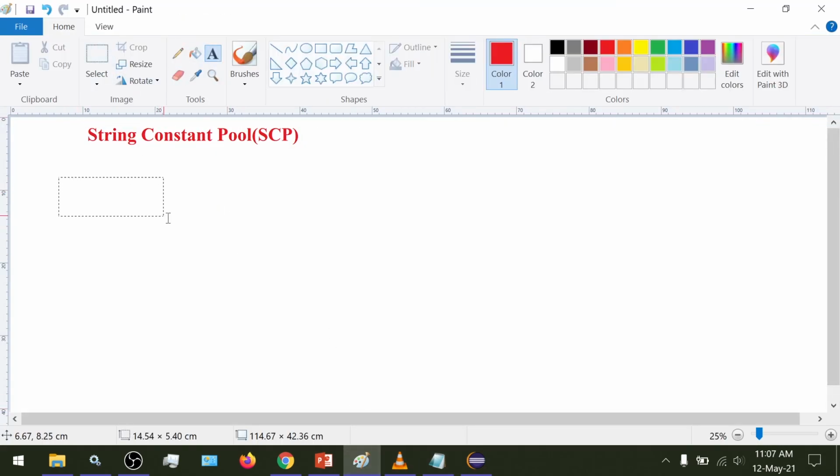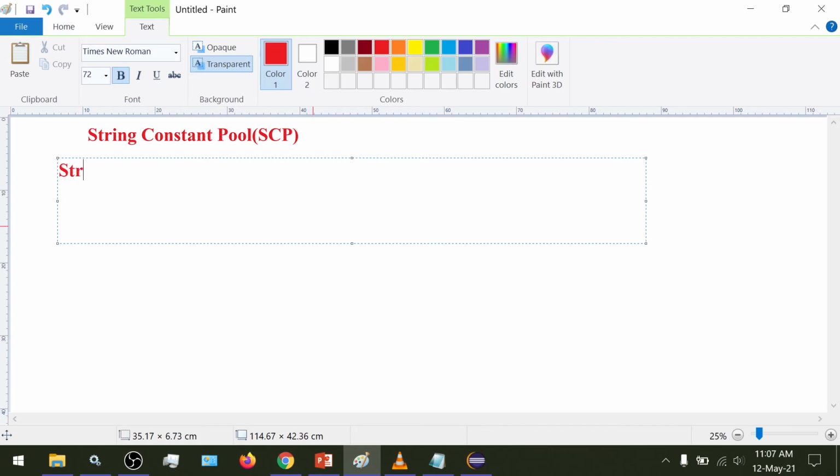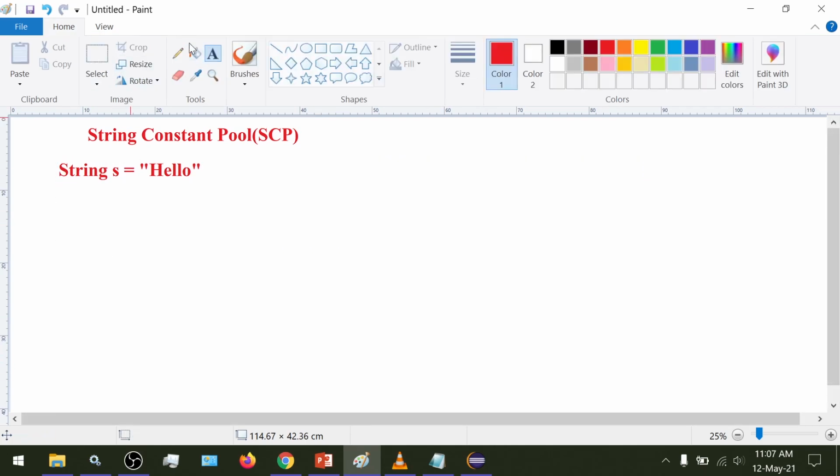So whenever we use new string, so suppose we have our string s equals new String hello. So this hello is created inside the heap memory. So inside the heap memory, an object for hello would be created.